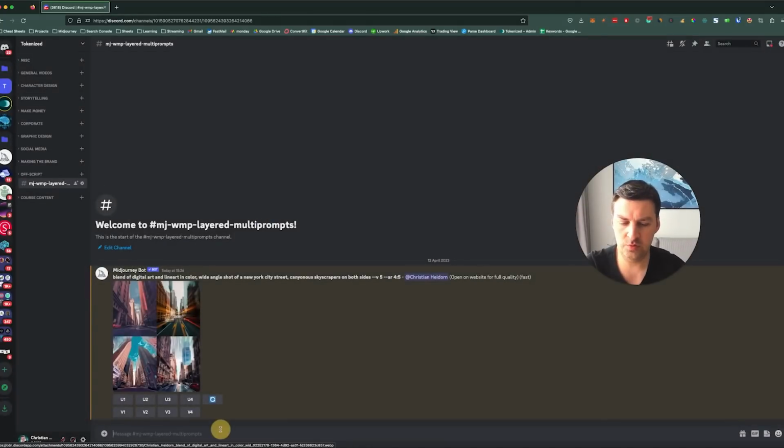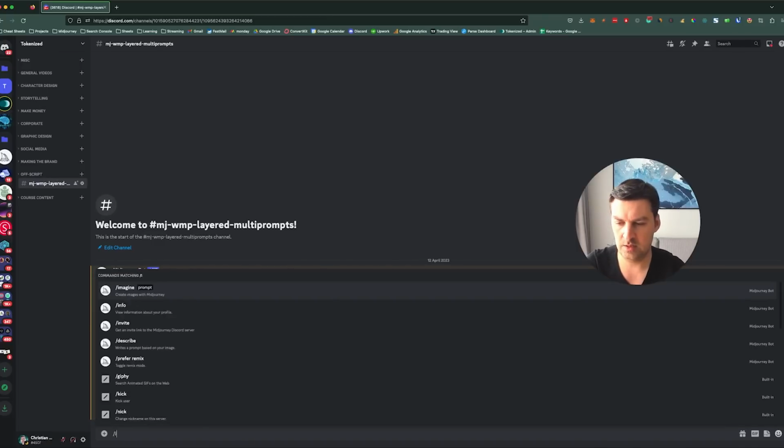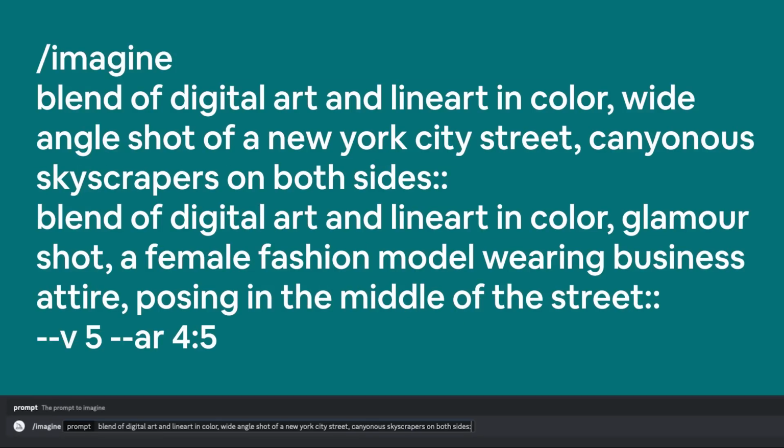So what I'll do is I'm going to copy our previous prompt. I'm going to ignore the parameters for a second. And I'm going to enter that as our first segment. You see how I've added these double colons, and I'm not going to add a number because if I don't add anything, the default value is 1. So what I'll do now is I'm going to start off my second segment, which is our second layer on